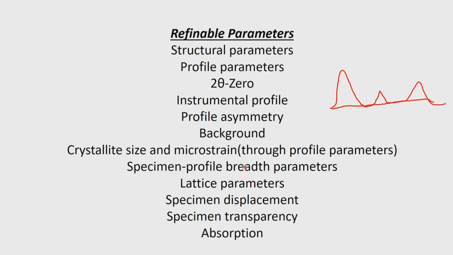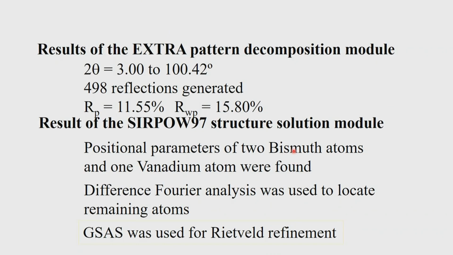So, profile parameters are so many: specimen transparency, specimen displacement, these are all issues, and of course, the major thing is the absorption, because it depends upon how many heavy elements are there in your material. If there is a heavy element, particularly when you are doing a pharma analysis and your excipient is, let us say, titania, it has titanium in it, and as a consequence one has to be worried about the absorption effects. So, this absorption is also a refinable parameter, and once we refine all these parameters, we can do the profile fit. And there are packages that are available to do both the pattern decomposition as well as the structure determination.